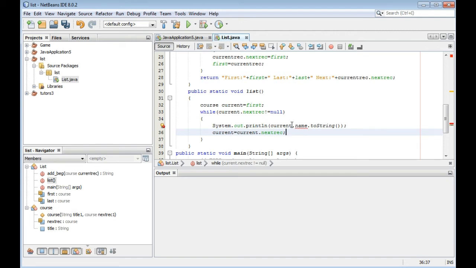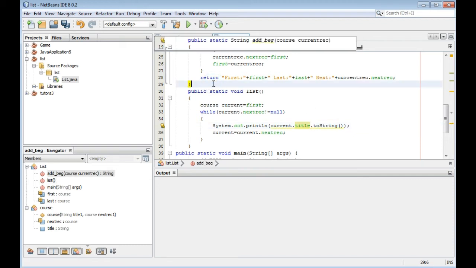Current dot title, not name. This is title. So this will display the list of all.